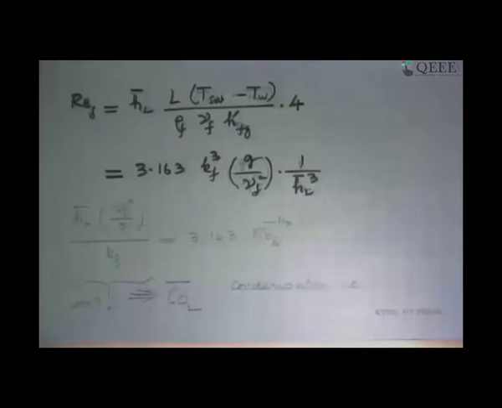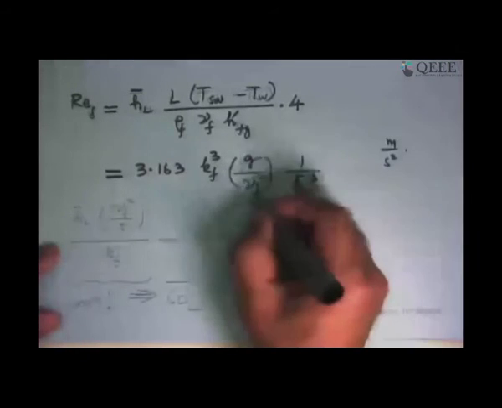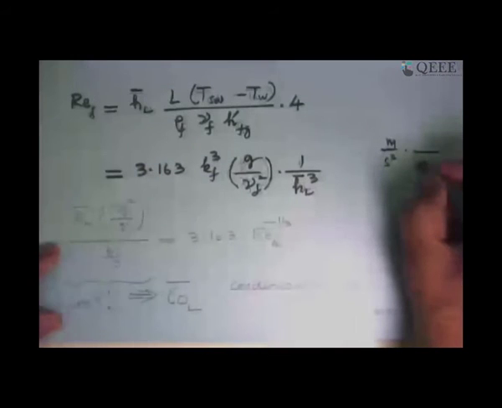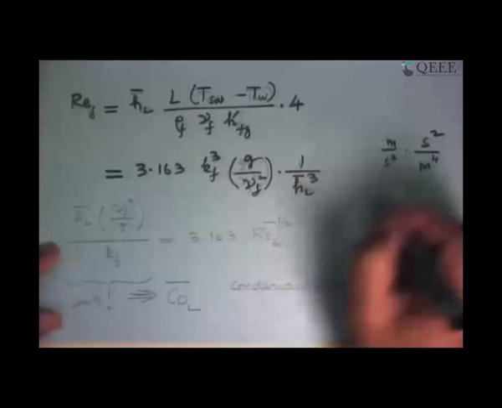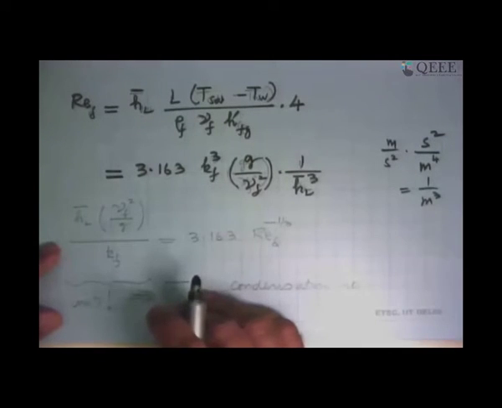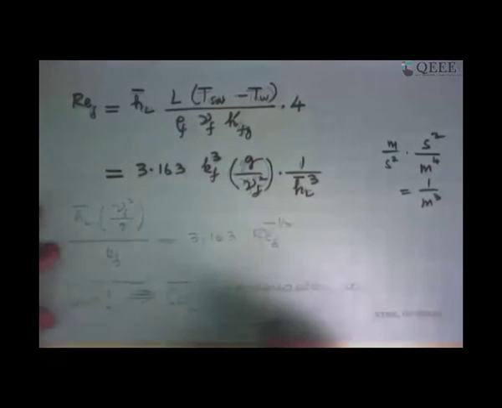And now we say, well, can I make this non-dimensional? Let's look at what the units of this thing are. g is meters per second squared, and in the denominator you have mu_f squared, which is meter per second squared, whole squared, which is meter squared per second. So this is meters to the power 4 second squared, and this is equal to 1 upon meter cubed. So the cube root of this has a length unit.